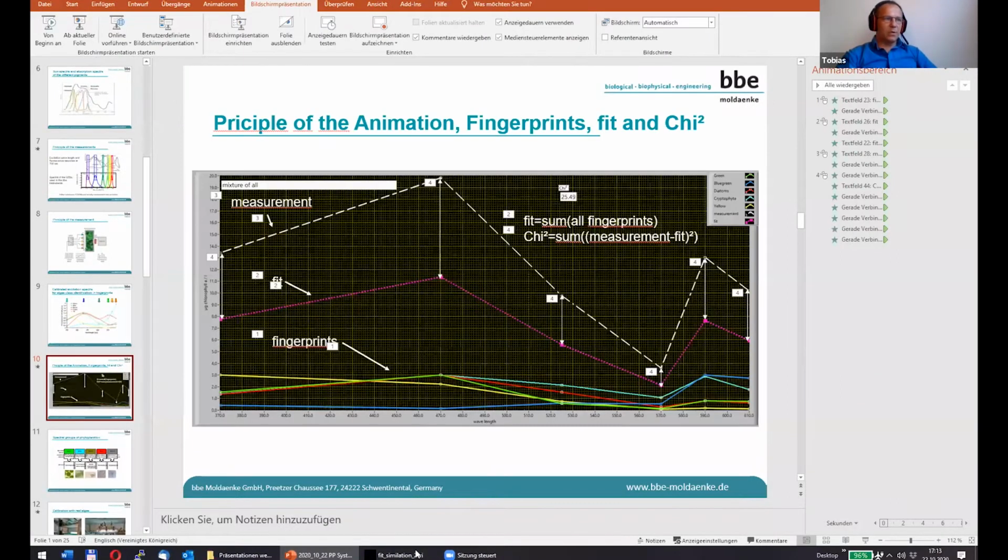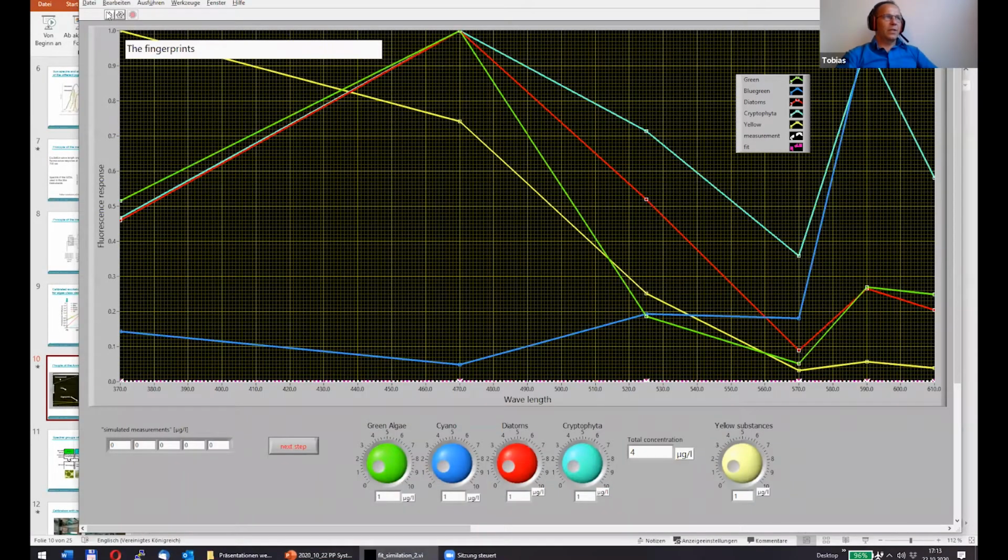Yes, I will start with my animation. You have seen it already. We start with the fingerprints of our instrument. You have the yellow substances, the yellow line, the green line, the red are the diatoms, the cryptophyta, and the blue are the cyanobacteria.